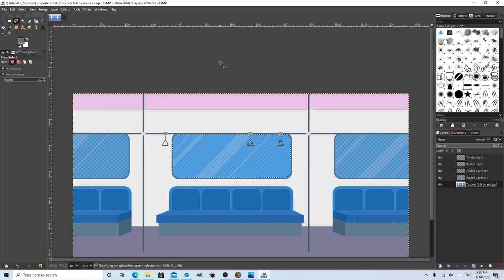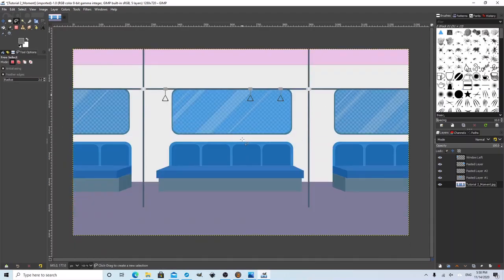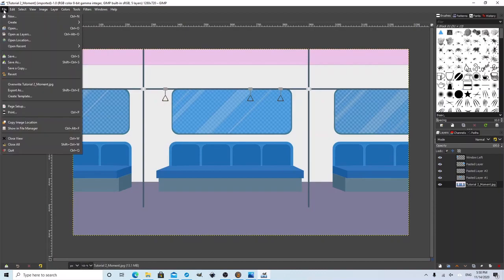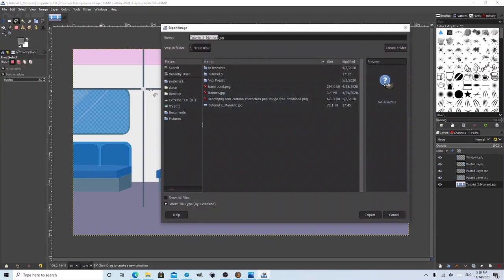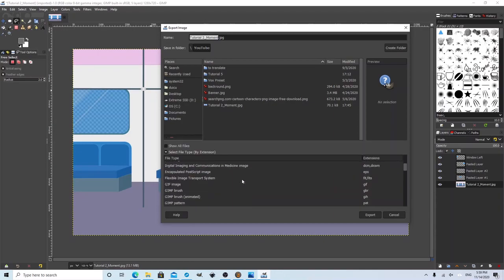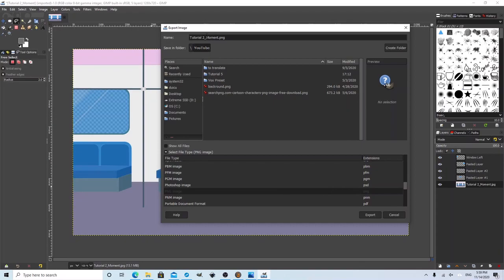And you can see that you have exactly what you need to be able to have the transparency. Once we have all this, all we need to do is file, export as. Now keep in mind, a JPEG will not save you transparency, so you have to save it as PNG. Thank God, despite the fact that we have a lot of limitations in Toonly, PNG is not one of them, so you'll be able to import this. We'll select PNG and we'll call it tutorial to move